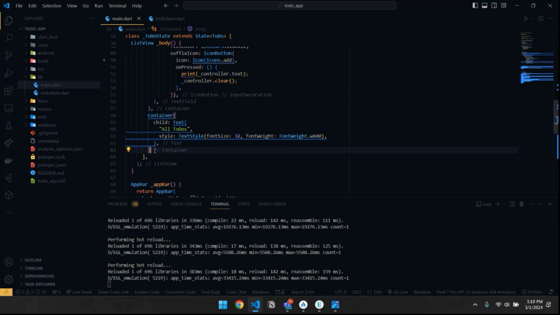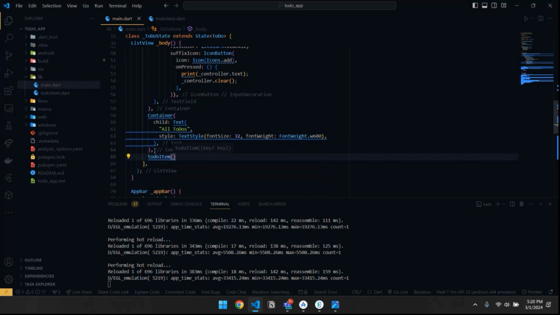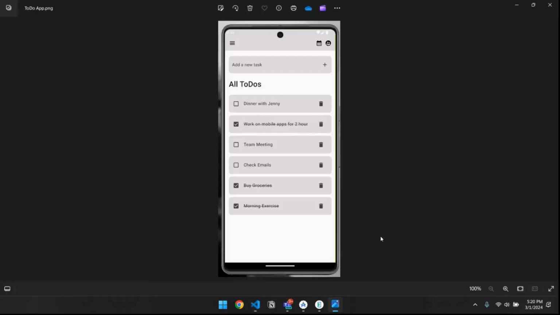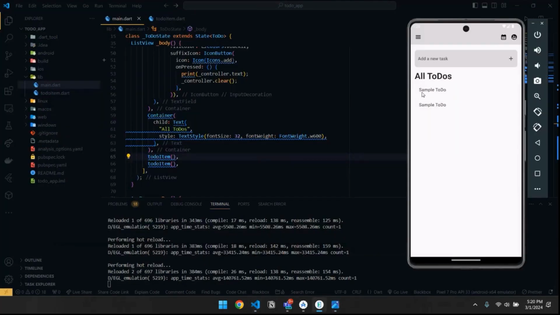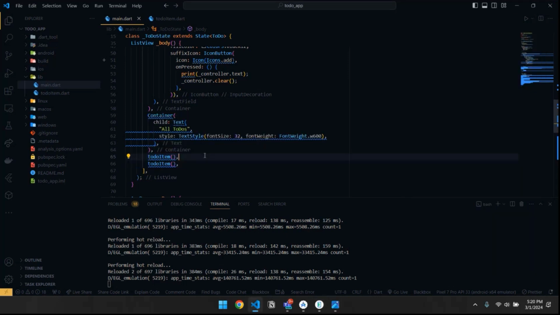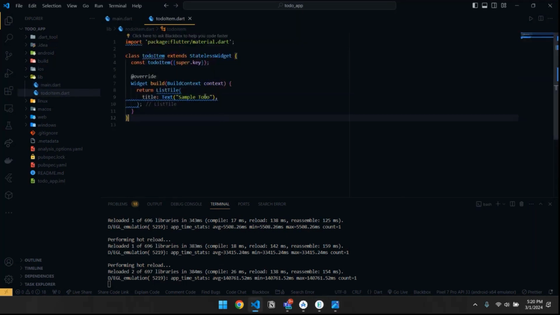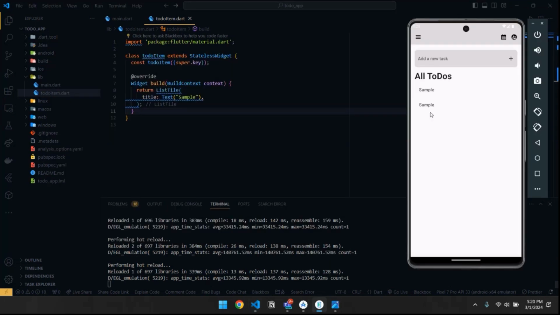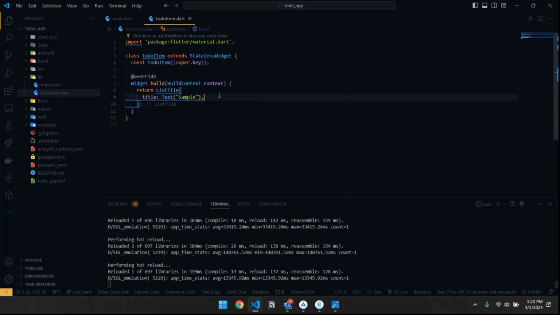After the container, I'll put a comma and then I'll do ToDoItem. Okay, so if I do comma and then again copy it and paste the same thing again and then reload, you can see we have sample to do two times because we called it two times. So if I change something here like sample and then reload it, it is just going to say sample. So for this,